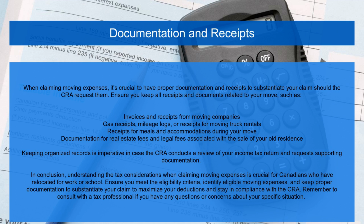When claiming moving expenses, it's crucial to have proper documentation and receipts to substantiate your claim should the CRA request them. Ensure you keep all receipts and documents related to your move, such as invoices and receipts from moving companies, gas receipts, mileage logs, or receipts for moving truck rentals, receipts for meals and accommodations during your move, documentation for real estate fees and legal fees associated with the sale of your old residence. Keeping organized records is imperative in case the CRA conducts a review of your income tax return and requests supporting